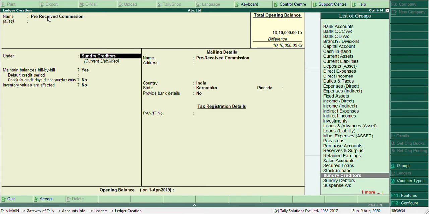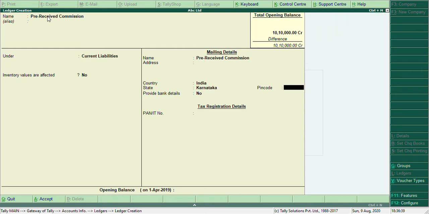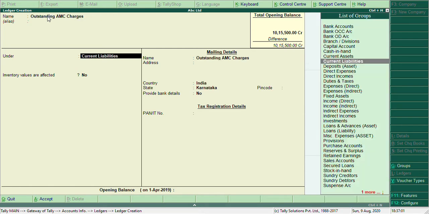Pre-received commission will be under the group of current liabilities with the opening balance 5,500. Accept. Next, another ledger, outstanding AMC charges. For this particular ledger,